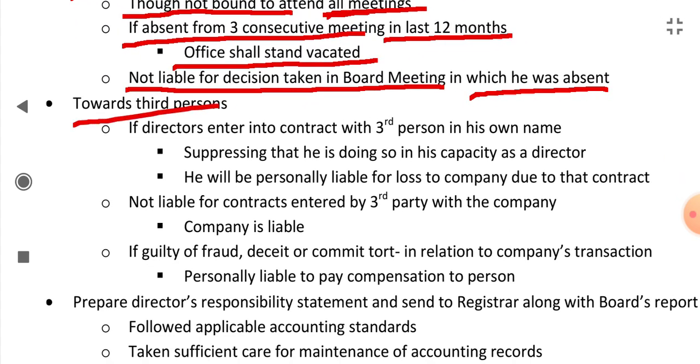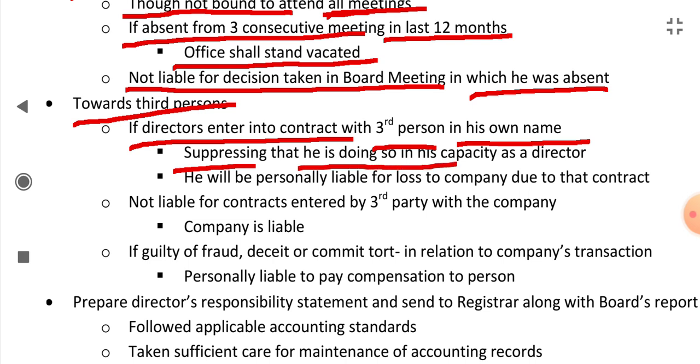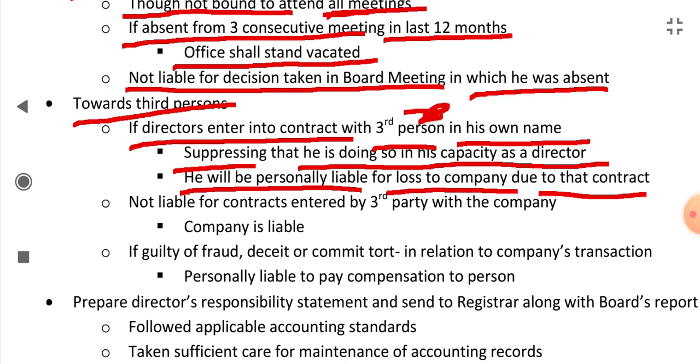Towards third persons, if the director enters into a contract with a third person in his own name, suppressing that he is doing so in his capacity as a director, he will be personally liable for loss to the company due to that contract. Okay, suppose the director is doing a contract with a third person in his own name, but he is suppressing the fact that he is doing this in the capacity as a director. In this case, if the company has any loss due to that contract, then that director will be personally